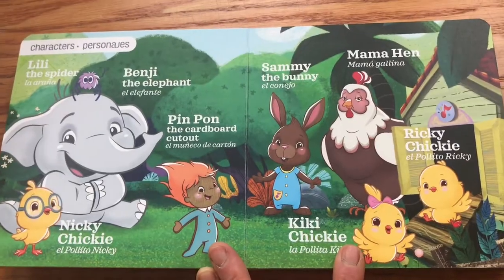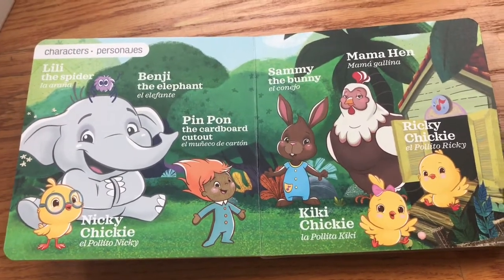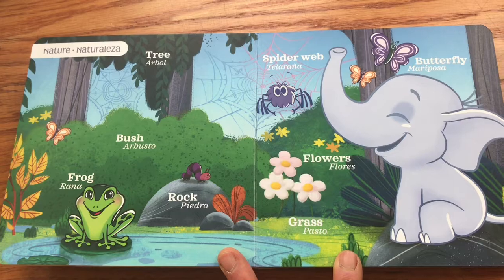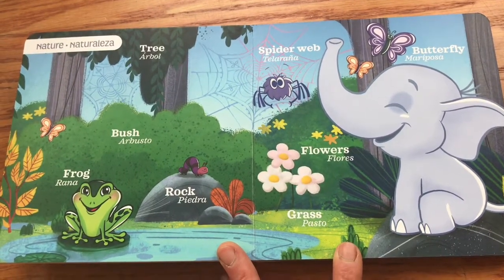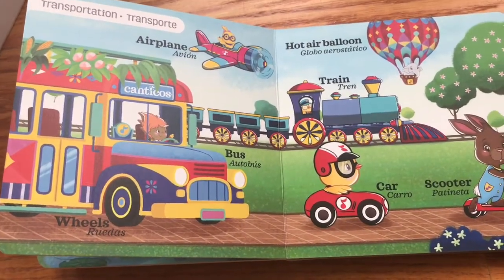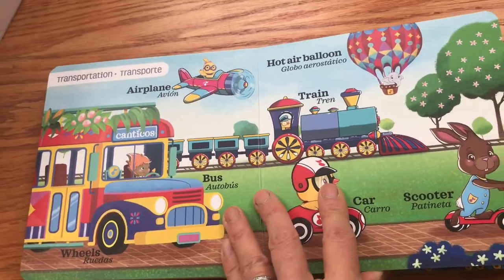Yeah, because all the characters look familiar from the show. But here you're getting just a lot of... I think for kids who like the show or want to be introduced to the show, here's a way to also give them the words that are used in the show, and also just a way to reinforce the vocabulary, both in English